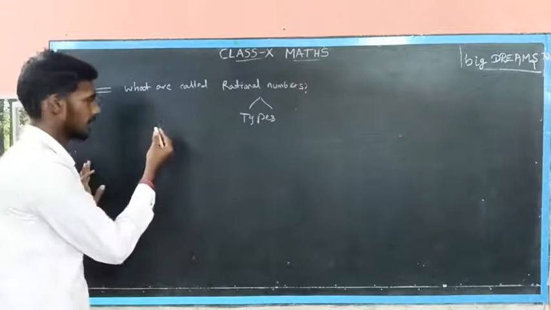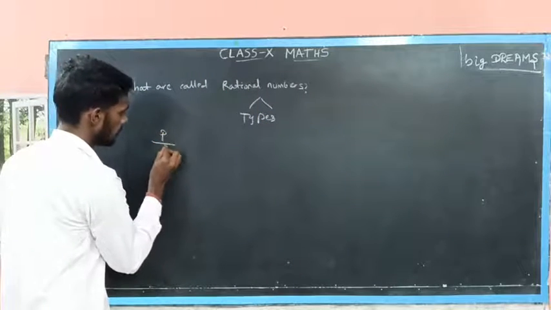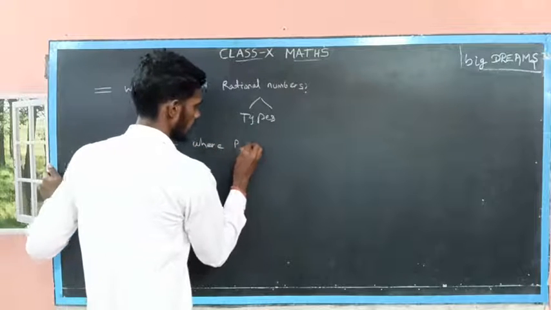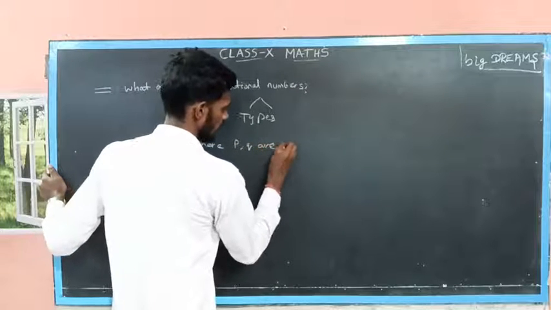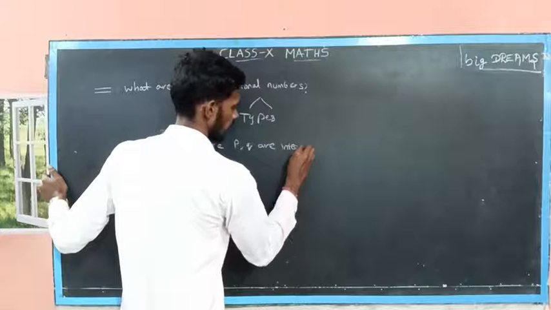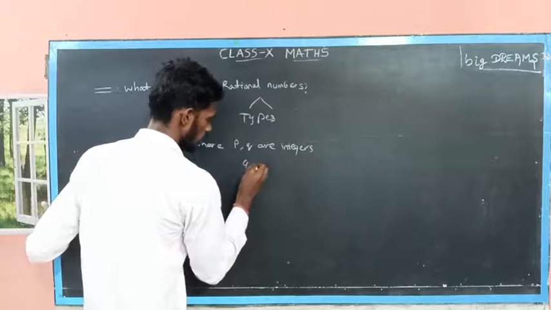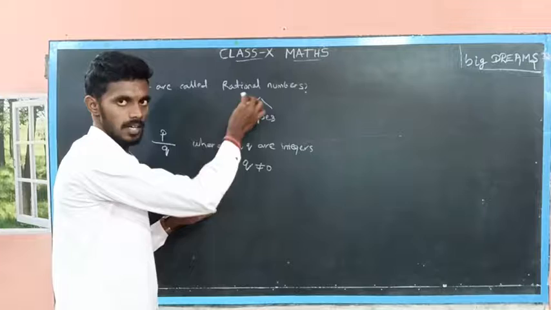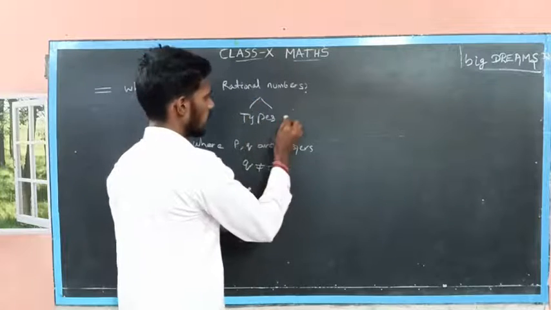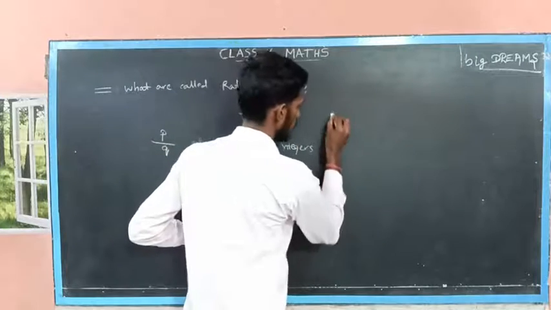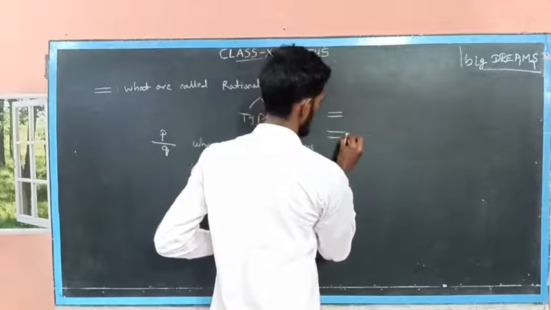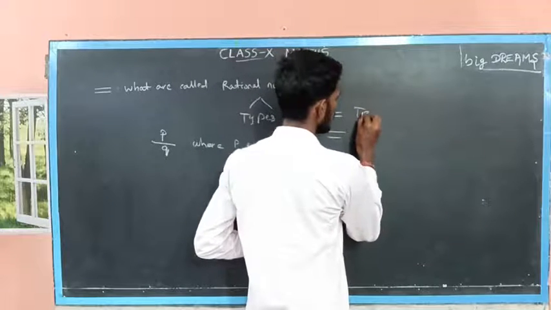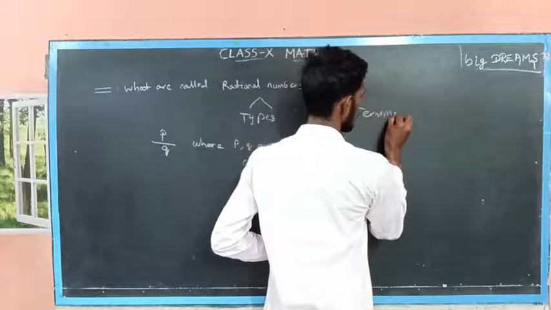So what are called rational numbers? If a number can be represented in p by q form, where p and q are integers and q is not equal to 0, then it is known as a rational number. Okay. Then what are its types? It is broadly classified into two types. One is a rational number having terminating decimal value,